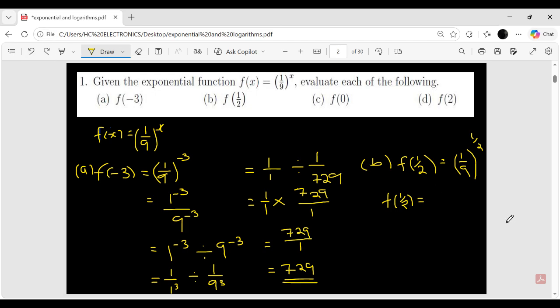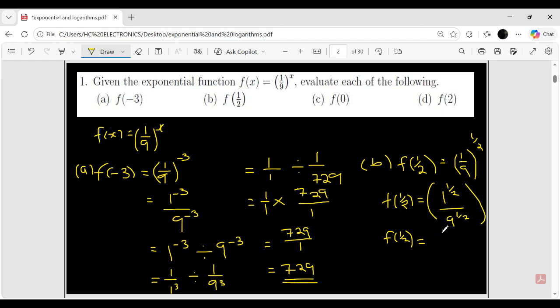I'm just going to say 1 to the power half over 9 to the power half. When that's the case, I know that I'm going to have f of half being equal to,